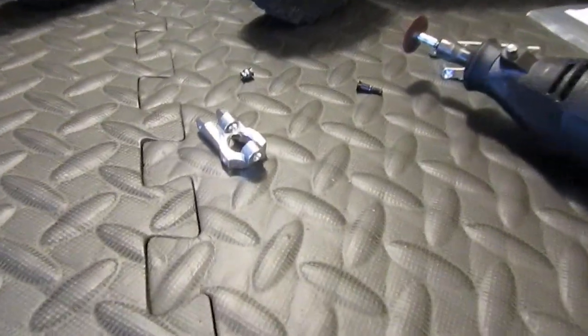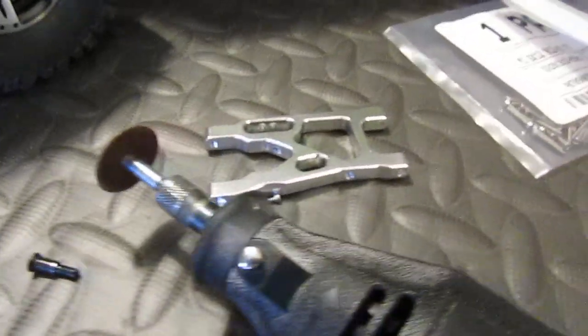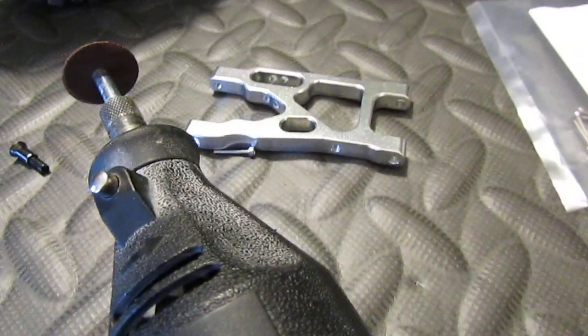Well, just a little something for putting on some aluminum parts on your Twin Hammers or your WLToys